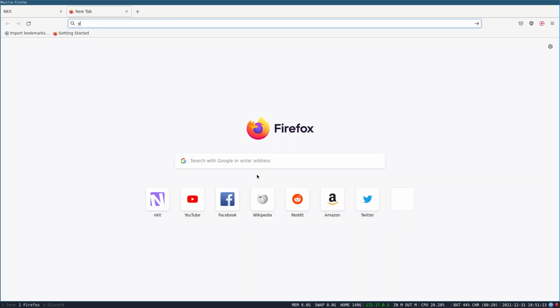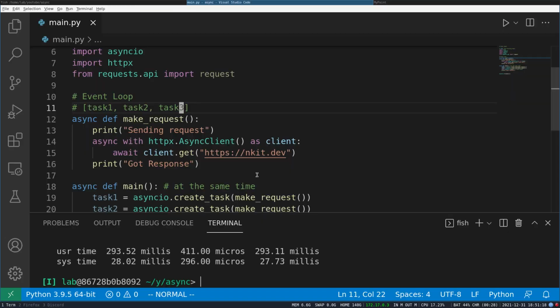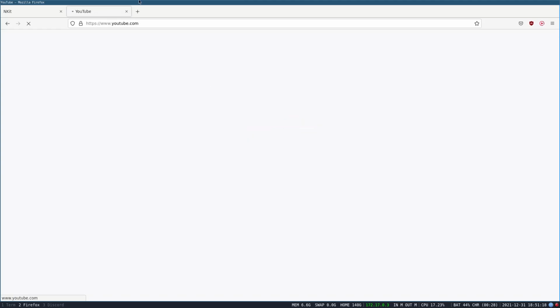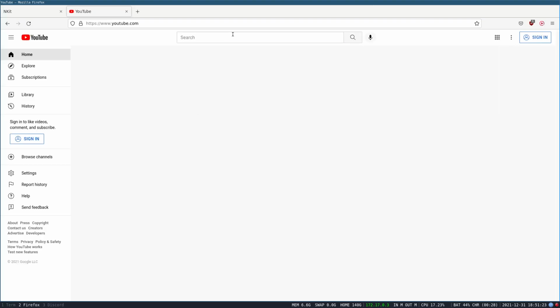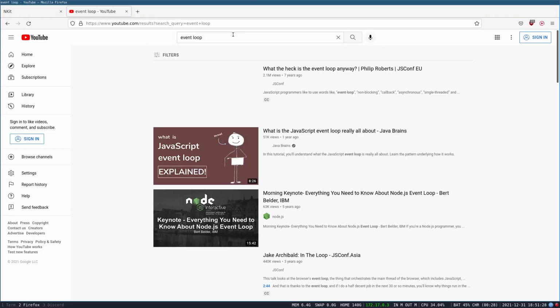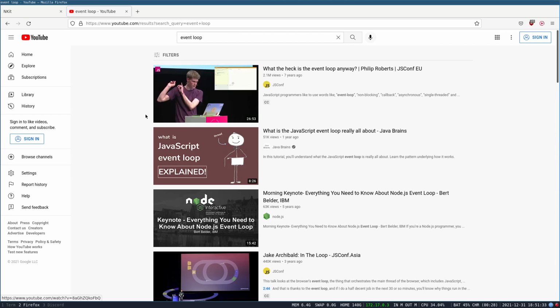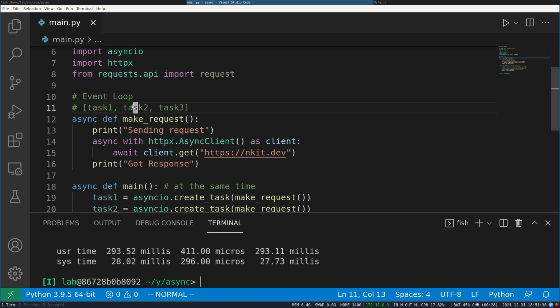By the way, there is one talk which is quite famous on the event loop, and I will definitely recommend it. It focuses on JavaScript, but the core idea is similar in this one. So I will leave this in the description. I definitely recommend it, but I will try to explain a little bit of what is in that talk.